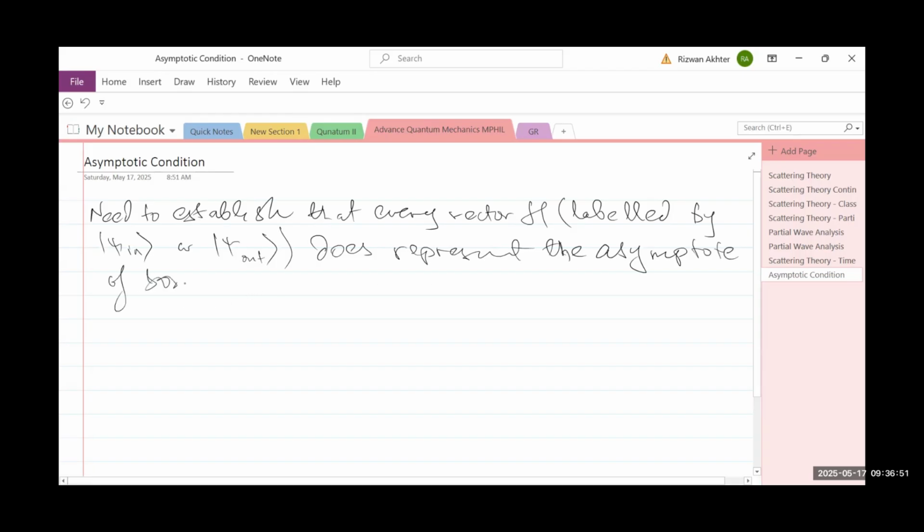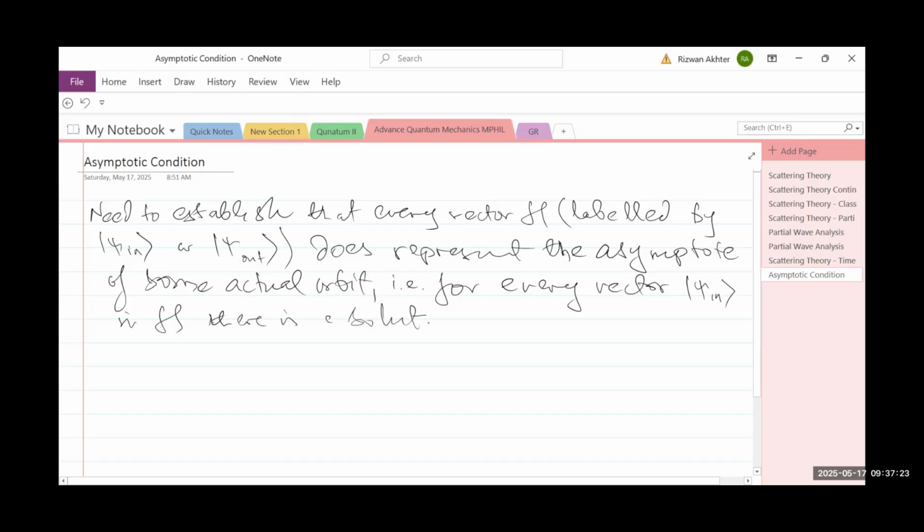What does this mean? That is, for every vector psi in, or similarly for psi out, in H, that is in the Hilbert space, there is a solution U of t of psi of the Schrödinger equation